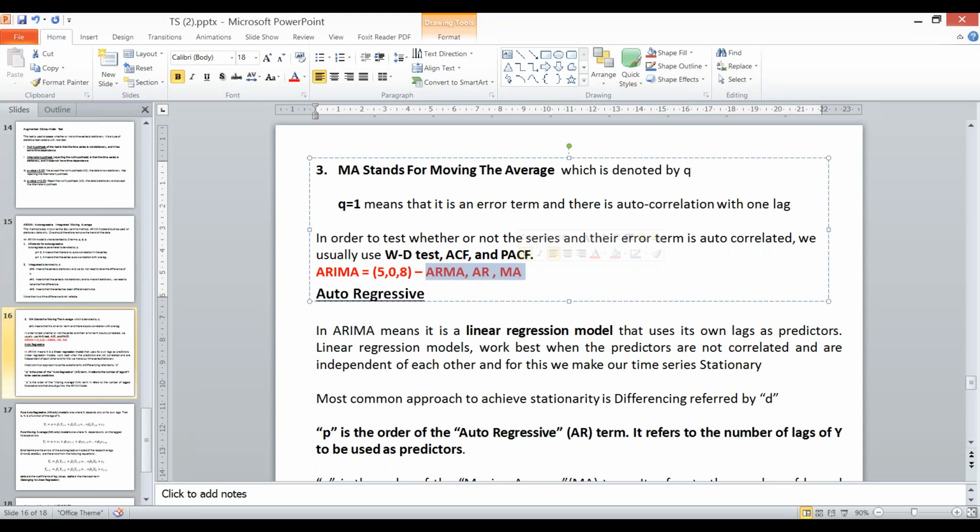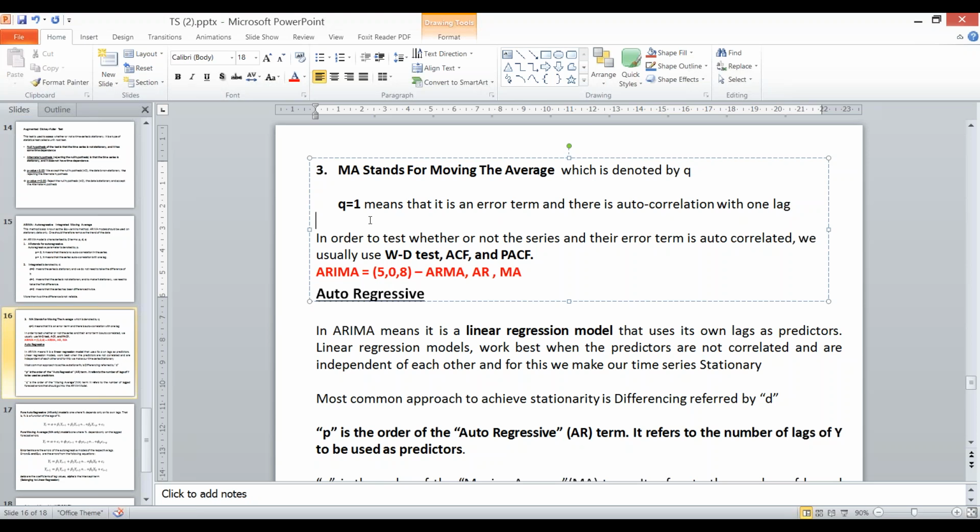Actually 3 models, and we compute them, then the results are given and we feed in the values for these parameters. Okay, so MA is the third value and it is denoted by Q. So if I'm saying Q here, it means moving average, that is, consider the last 3 values or 1 value or 2 values in order to make prediction for the third day.